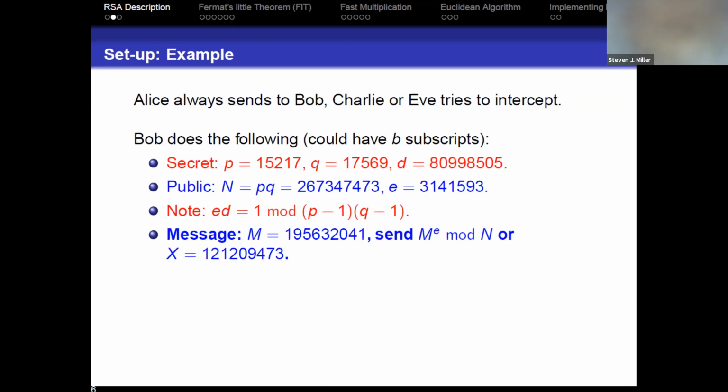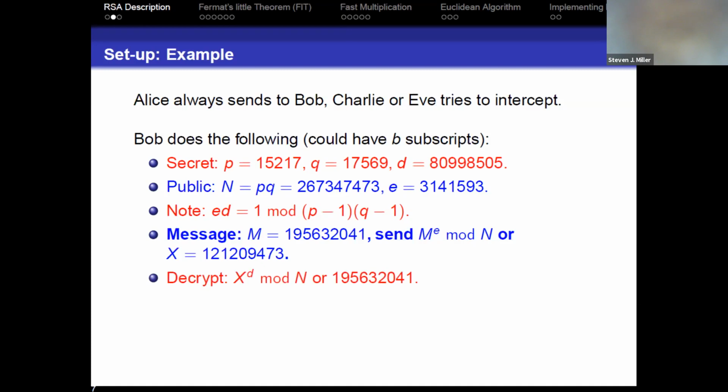And there's a lot of different ways you could have the message being encrypted. Maybe every pair of numbers is going to be a character from 0 to 99, and we can encode a lot of things that way. There's lots of different things you can do. I'm not going to talk about how you actually convert your message to a number to transmit. We just need to transmit numbers. Transmitting numbers is the same as transmitting messages.